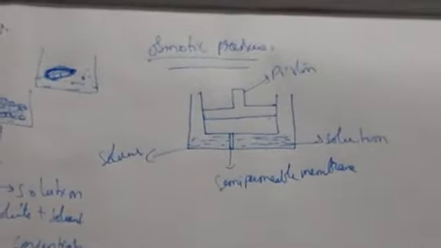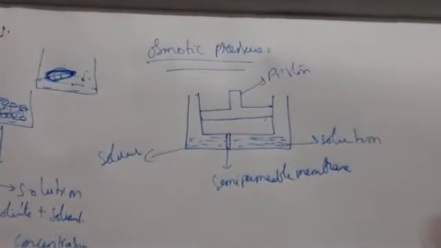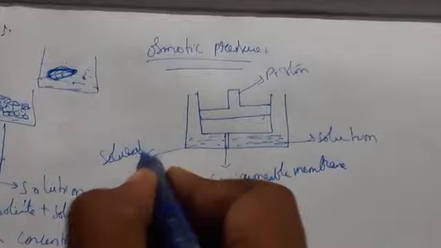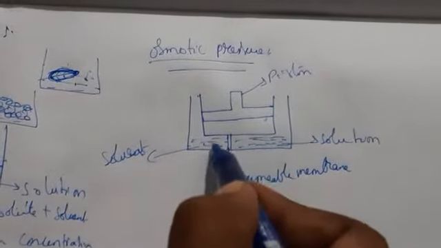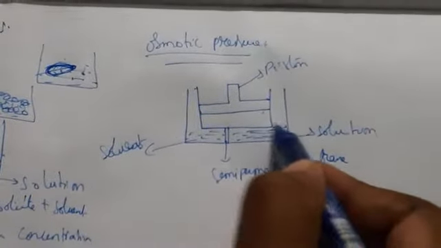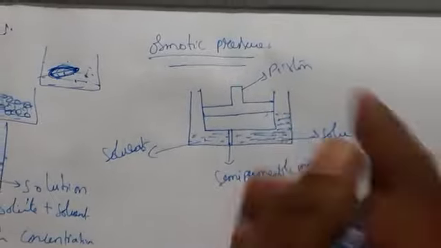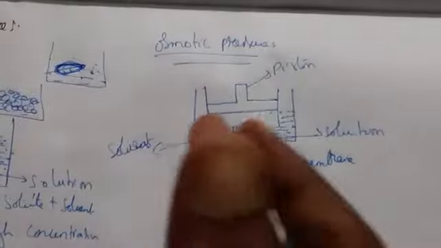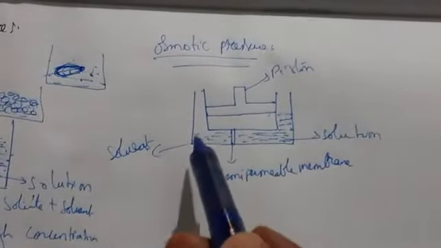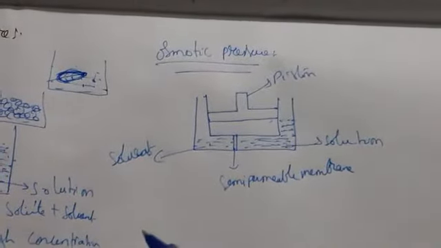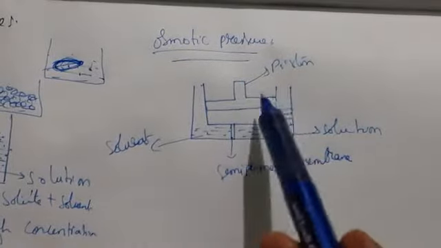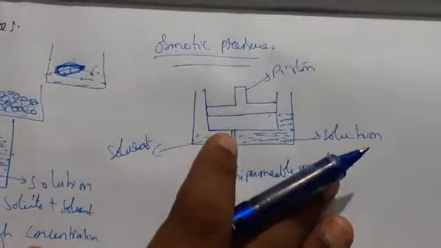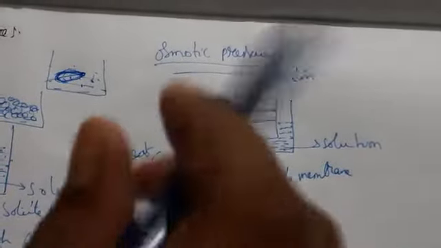See, according to the osmosis definition that I have told you here, the solvent molecules are passing through the solution and the level is increasing. Up to when the level will increase, we don't know, right? So it is continuously flowing through the solution. Okay, to stop that continuous flow, we apply some energy, we apply some pressure, that one we call it as